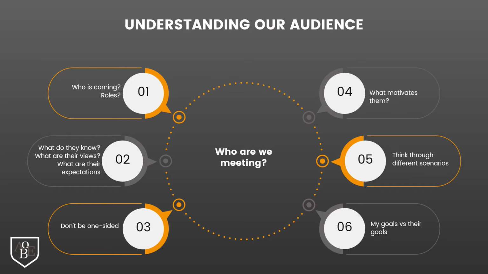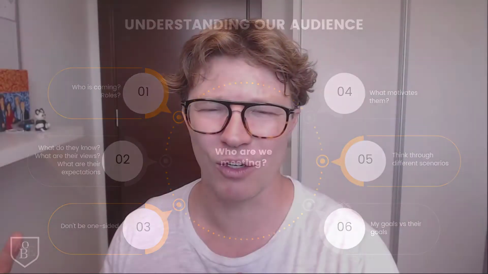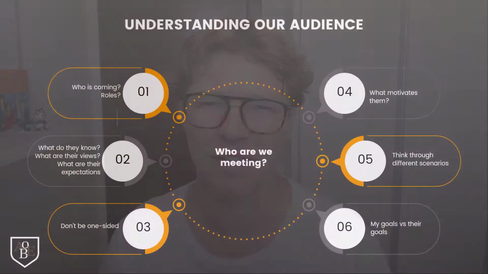If we can really imagine how this meeting might go and what some of the pushbacks might be, or the things that they don't want to agree with, or maybe we can brainstorm the different ways the meeting might go, then we can plan accordingly how we might respond or react to those different scenarios.